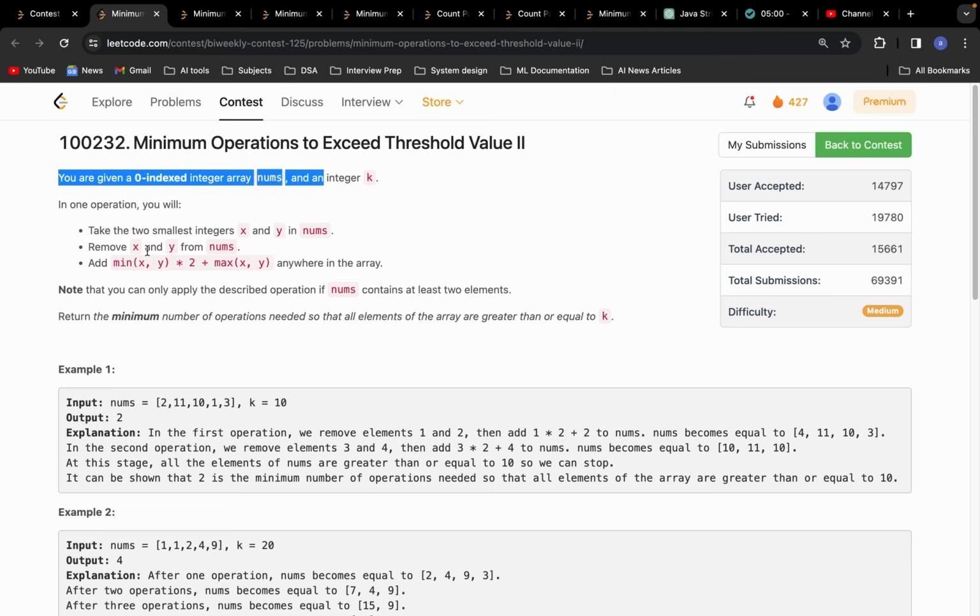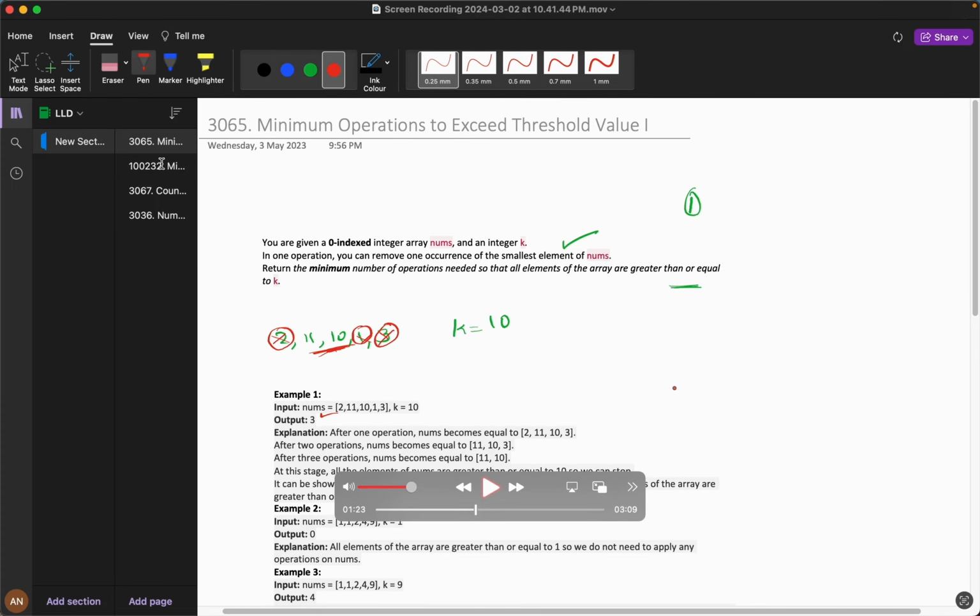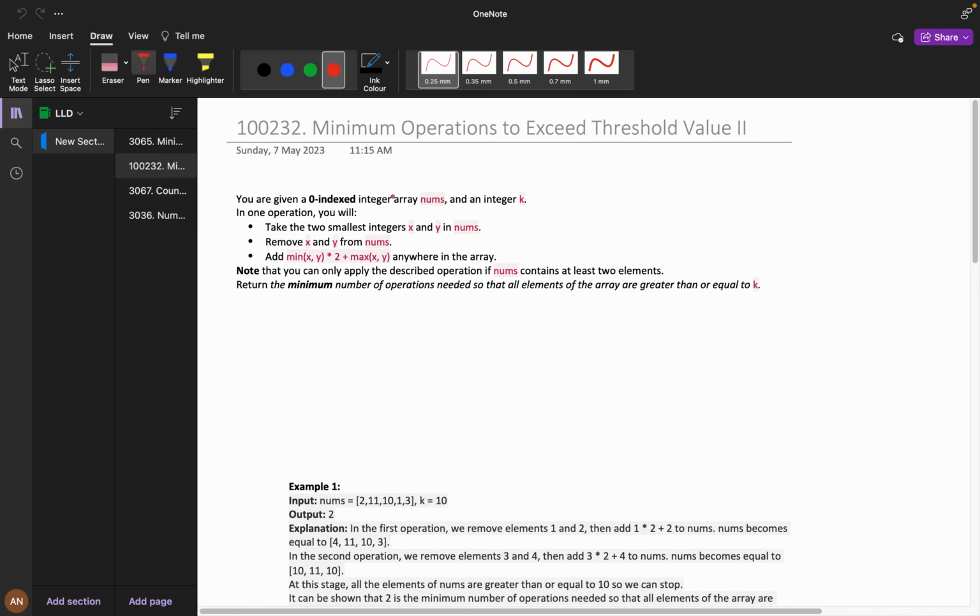Now let's understand the problem. Here you are given a zero indexed integer array nums and an integer k. In one operation, you will take the two smallest integers x and y in nums. I have numbers, and I can take the two smallest integers x and y. Suppose consider this: 2, 11, 10, 1 and 3. I will take the two minimums, 1 and 2, and I will remove them from nums, and add